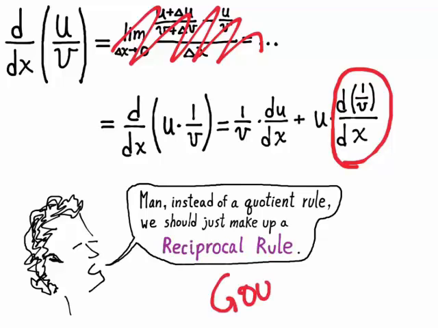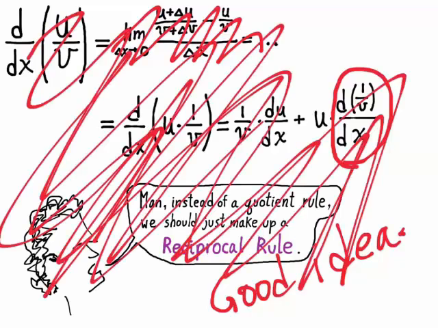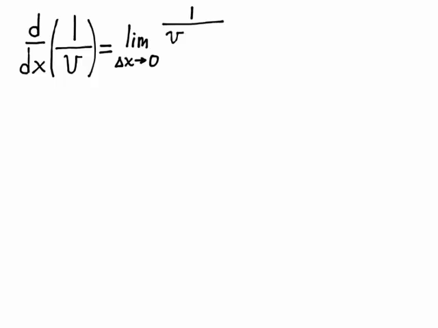And I think it's a good idea to make up a reciprocal rule and then use that to develop a quotient rule. So I'm going to cross all of this off and we'll start over again. What if we wanted to find the derivative of something that has the form 1 over v? We're going to invent a reciprocal rule. So I will write the definition of the derivative, and it's a difference quotient. In the numerator we have the difference of the reciprocal. This is the reciprocal at x plus delta x, and this is the reciprocal at x, and we divide it